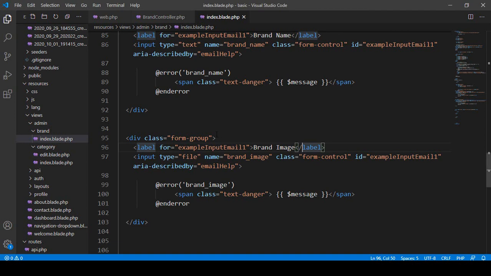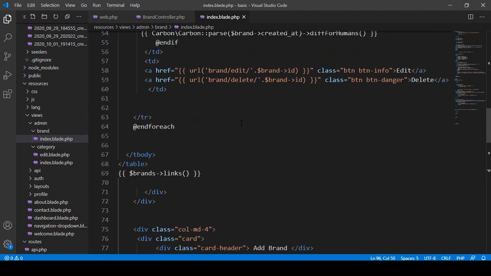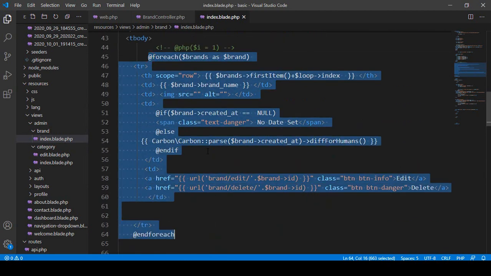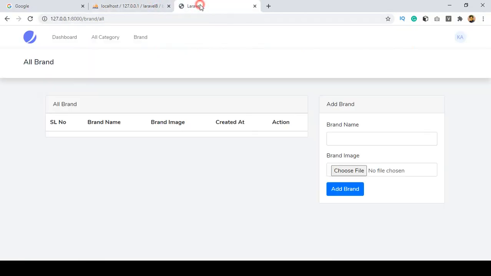That means if there is any data in our database, then it will get all the latest data and display it. I take the things with this variable, and also I pass it to our index page. That means here I have already added that in our for loop, so into the for loop area, it should be visible. Right now I don't have any data in the database, right? So now our database is totally empty. So I want to add this brand. Here I want to add a brand name, and from here I want to choose some images, and how we can add this brand with the images,